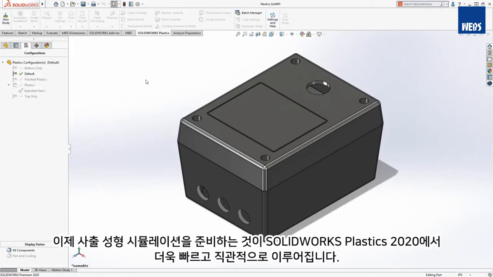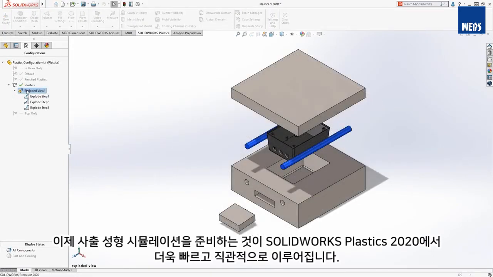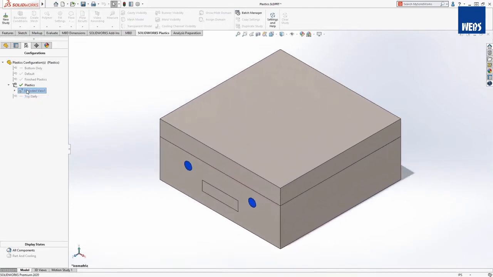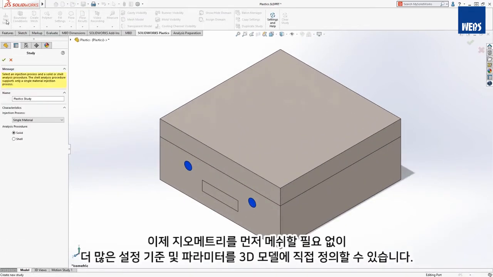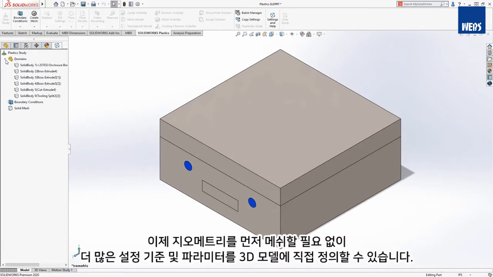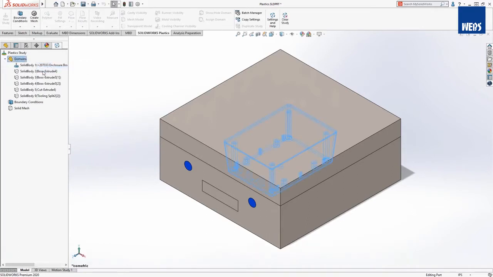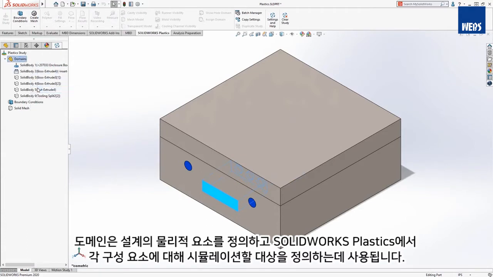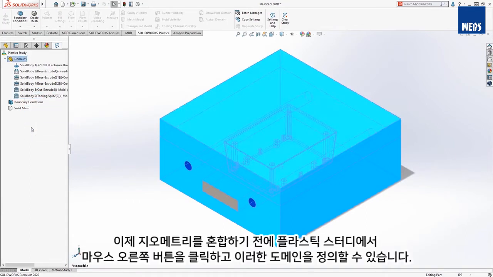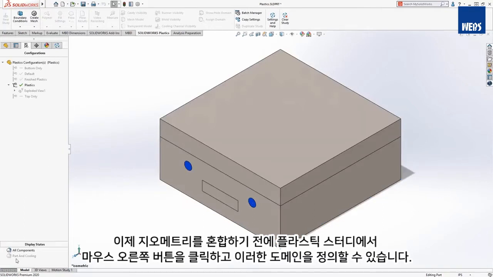Preparing your injection molding simulations is now faster and more intuitive in SOLIDWORKS Plastics 2020. You can now define more setup criteria and parameters directly to the 3D model without the need to first mesh any geometry. Domains define the physical elements of your design and are used by SOLIDWORKS Plastics to define what to simulate on each component. You can now simply right-click and define these domains from the plastics study prior to meshing